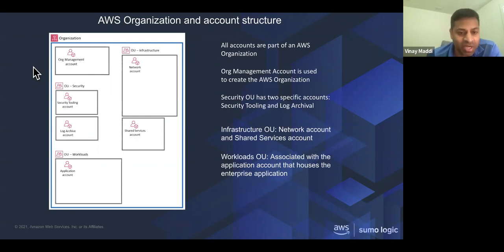Have it as a separate organizational unit. And then you can structure your workloads in whatever format, right? Based on your N-tier architecture or big data workloads or IoT workloads. You can have it in your separate AWS accounts. So this is a typical multi-account deployment we suggest, so that as we go forward in terms of other requirements, right, for security, logging, this all becomes very easy to manage in terms of isolation.